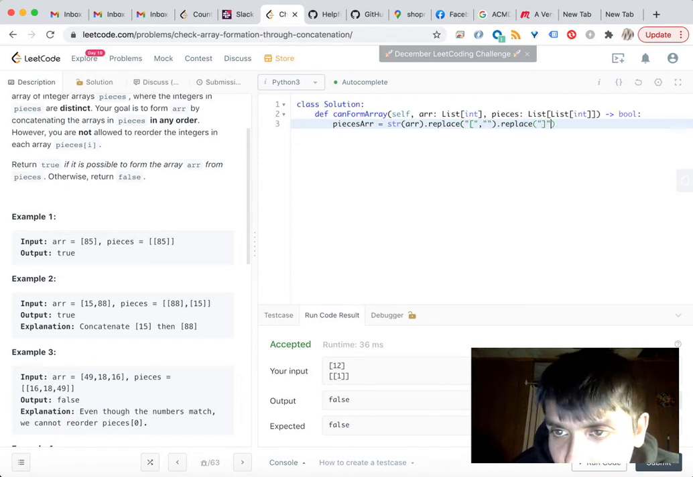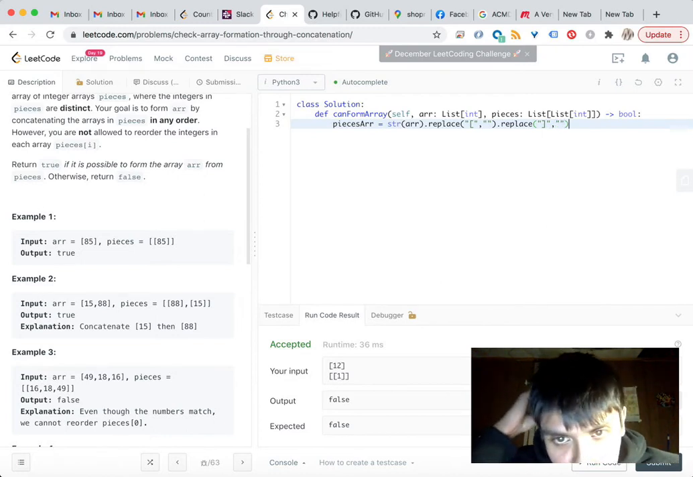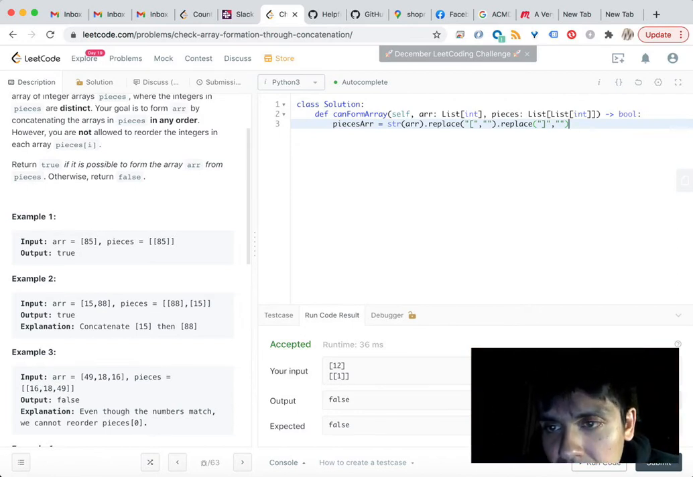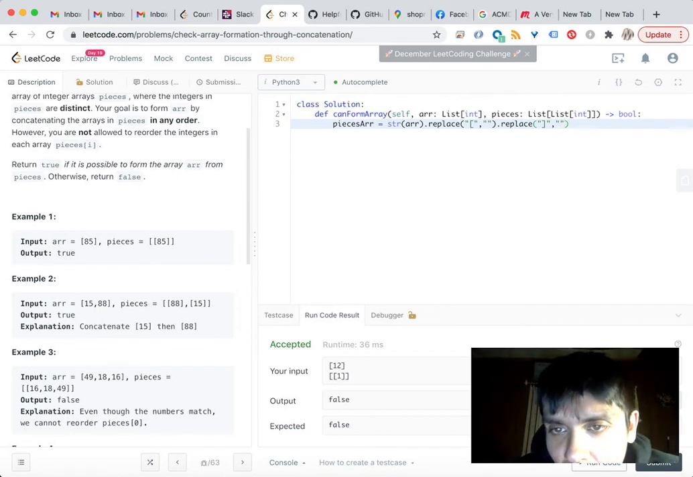You might be wondering why I'm doing this. So I'm replacing the values of the brackets. When you convert a list to a string, you get the brackets as well in Python, right? So you get the square brackets. So I'm replacing all the brackets, and this is a 1D array, right? With blanks, right? So if I was to actually print it out and run it,